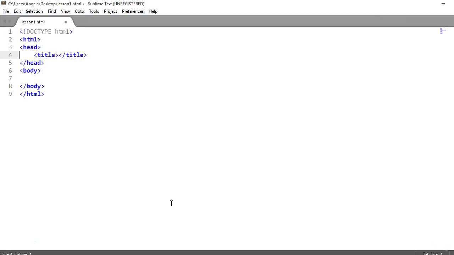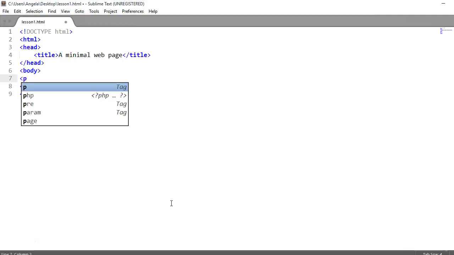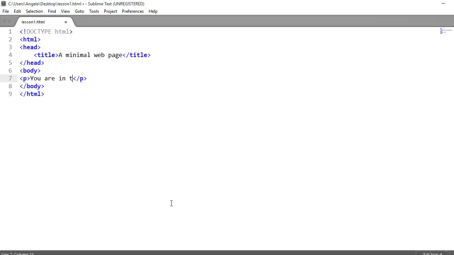Okay, so now in the title, as you can see, this is an opening tag and then that's a closing tag. And in the opening tag, I'm going to put, let's just put a minimal web page. And again, this title is what is shown in the tabs bar of your website. So now within our body tag, let's put, you're in the beginning stage of learning HTML. So let's open the paragraph and then put, you are in the beginning stage of learning